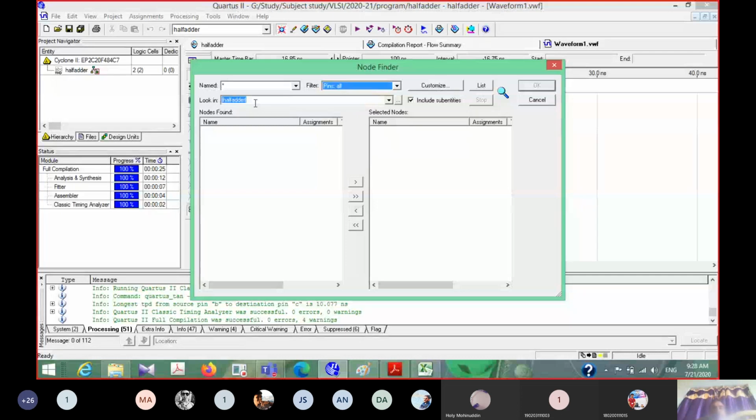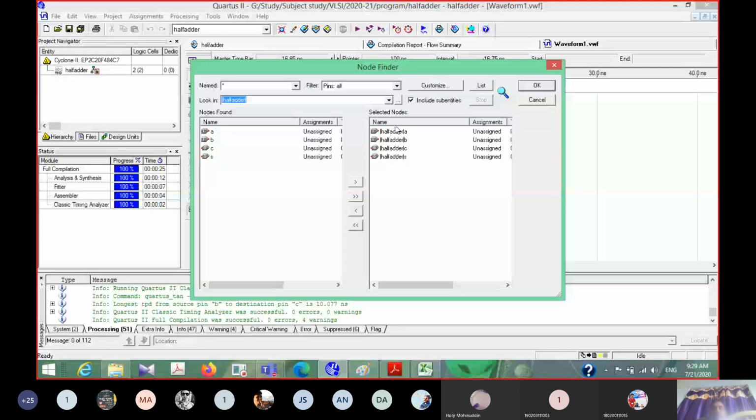Now we want to look at which entity we want all the pins from. So we want all the pins of the half adder entity, right? So click List. It will list the pins with whether each is an input or output pin. Here it lists two input pins and two output pins. Now out of these, which pins do we want to see in the vector waveform file? If you want to see all the pins in the vector waveform file, click on this copy all to the selected node list. Click it and it will take them into the selected nodes window. Once we get them in the selected nodes window, click on OK.